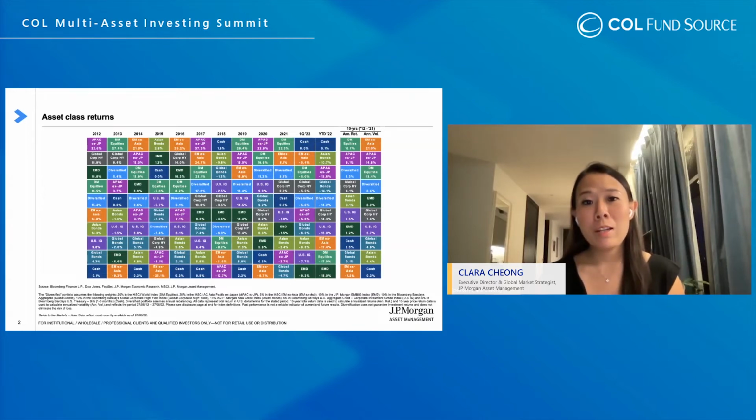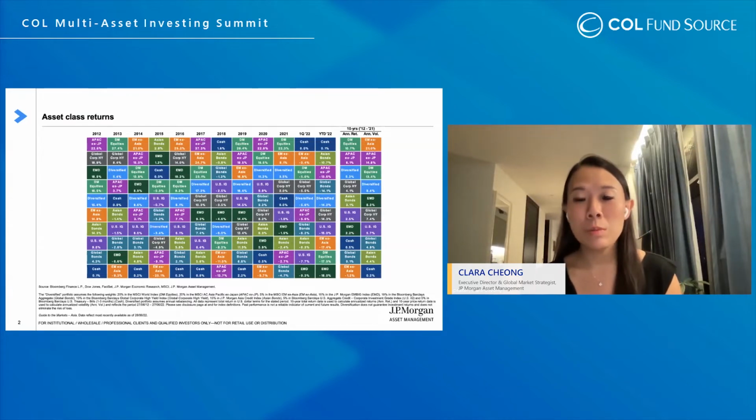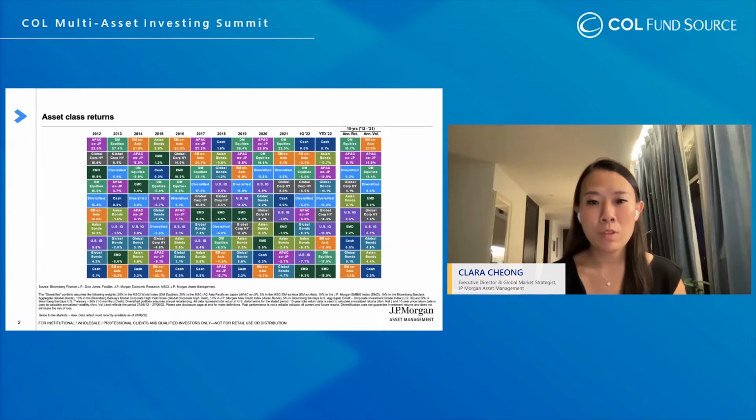Also, what really stood out to me was how developed market equities as well as global bonds are both registering double-digit losses. This also shows how difficult it is for investors like us to rely on traditional diversifiers. And then amongst risk assets, Asia ex-Japan, our region, has actually held up relatively well. So far, it has outperformed developed world equities by 400 basis points or so. If there's anything that is certain, I would say it is that volatility is here to stay.